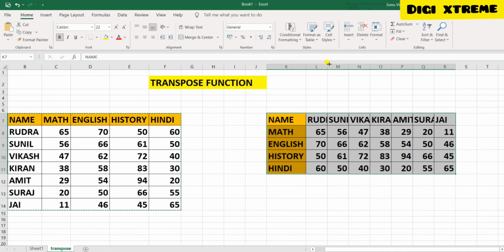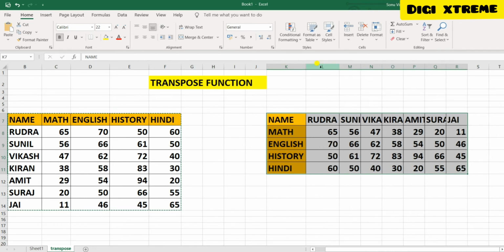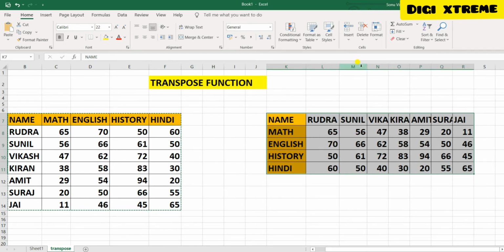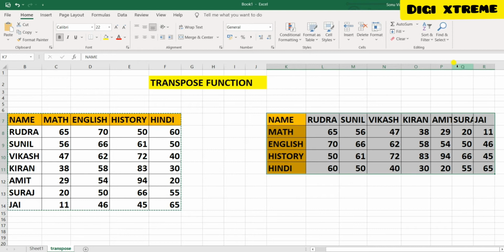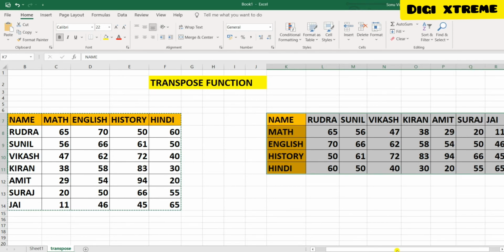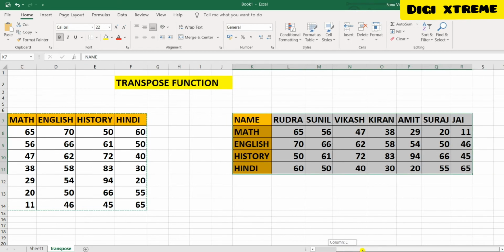Just simply double click here to properly see the names of a student. So you can see we have changed our vertical data to horizontal.